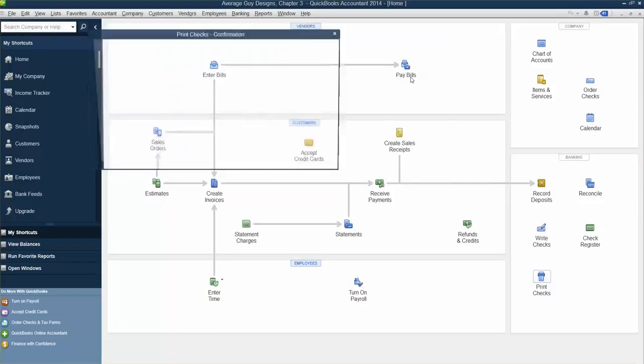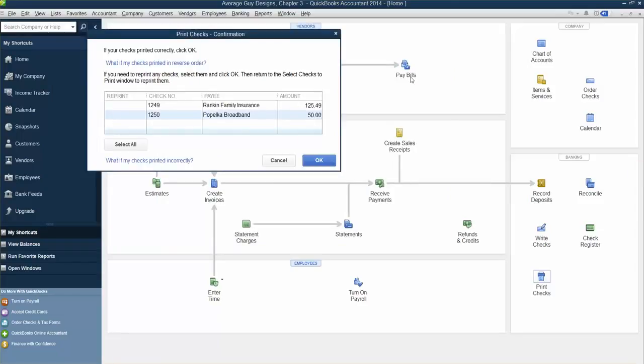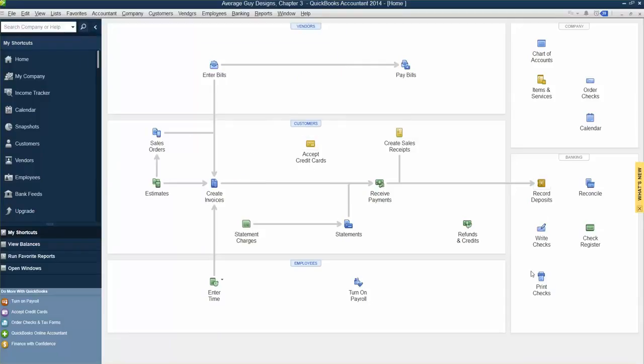QuickBooks will display a print checks confirmation window. Here you have the opportunity to reprint any checks that did not print correctly or to troubleshoot. Okay, and then we're going to hit OK. That's the end of